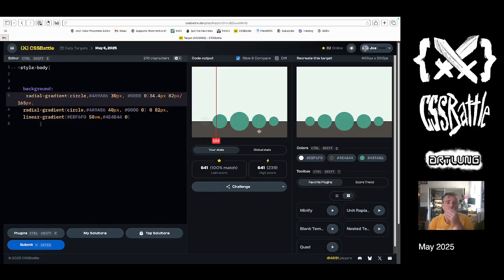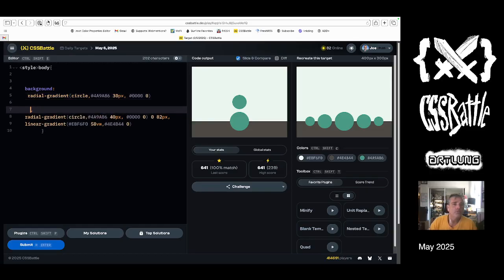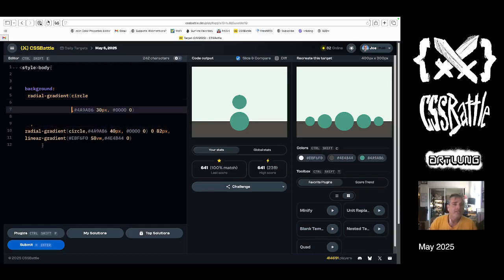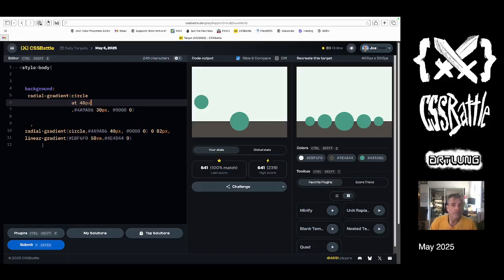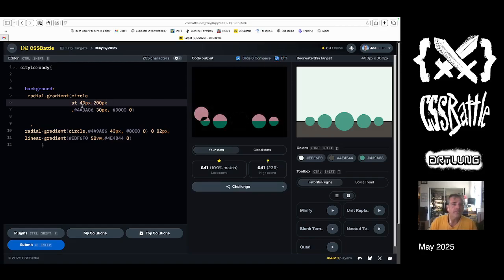So getting the alignment right is the hard part here. So one thing that I have stressed is to use the tools available to you. So the at is going to be our friend here, at 40 pixels, 100 pixels, and so I'm going to use the at here, 5, 8,